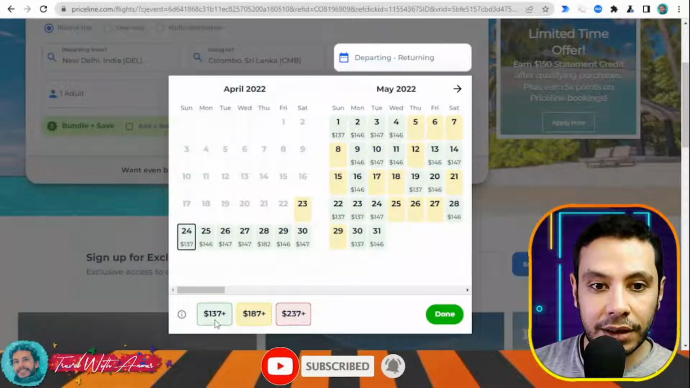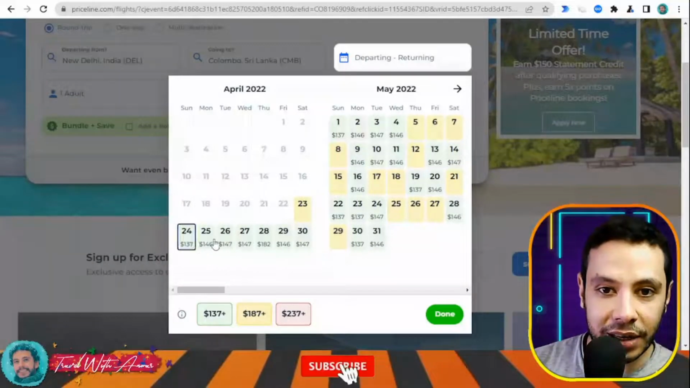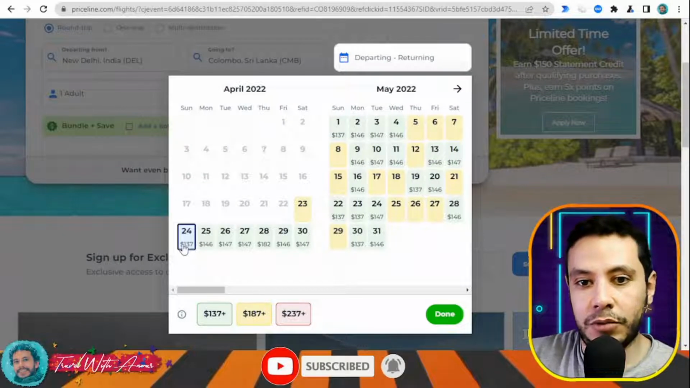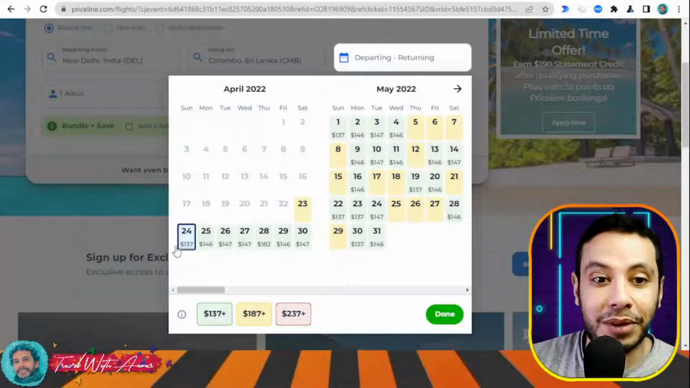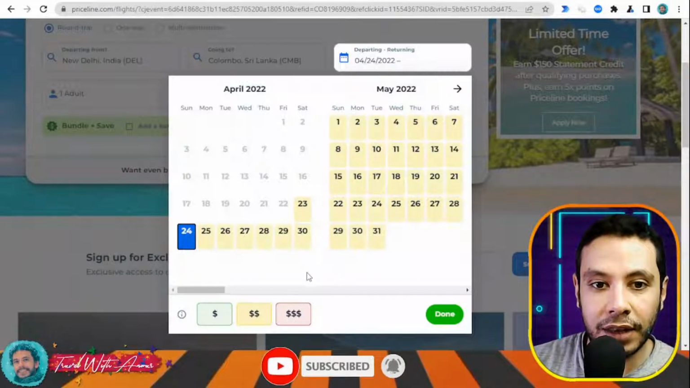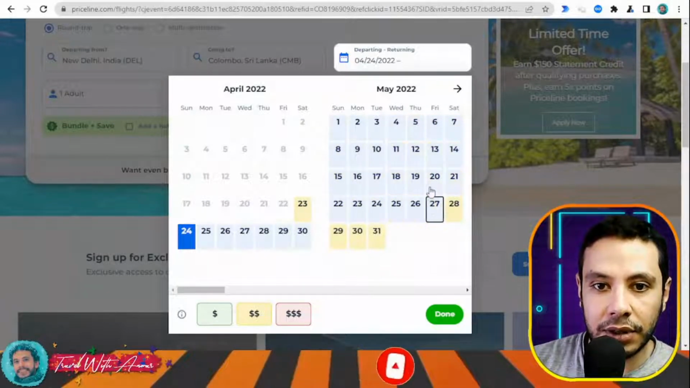What I like here is they are showing the prices, the cheapest, depending on the day you can choose the cheapest price depending on the day, so you have more flexibility. So let's say I will travel on the 24th, for example, and after that